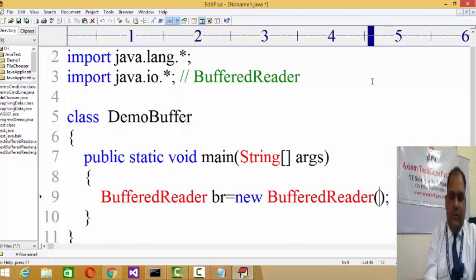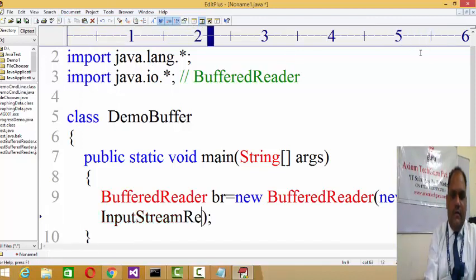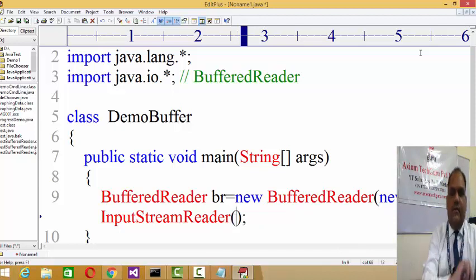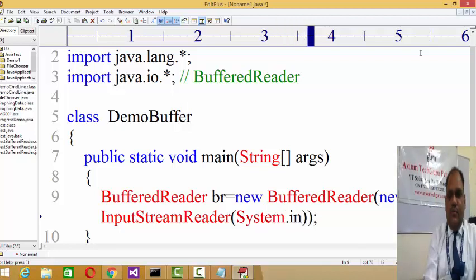So you pass to the constructor of BufferedReader an InputStreamReader object as an argument. It creates an anonymous object of InputStreamReader, and then you can go for System.in, right?